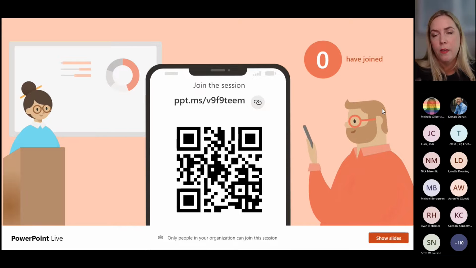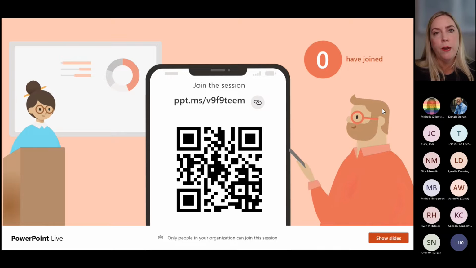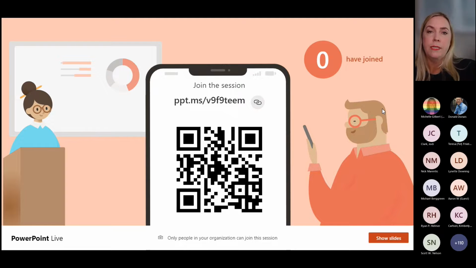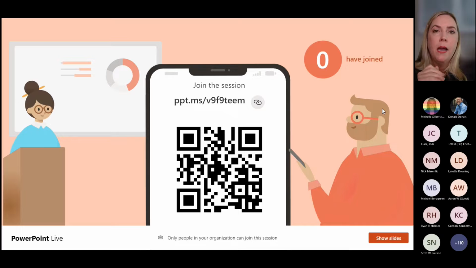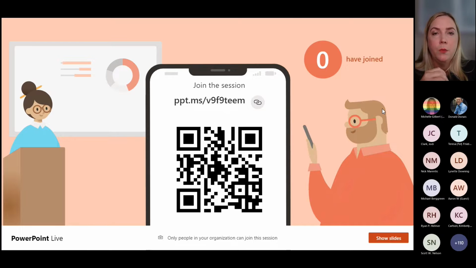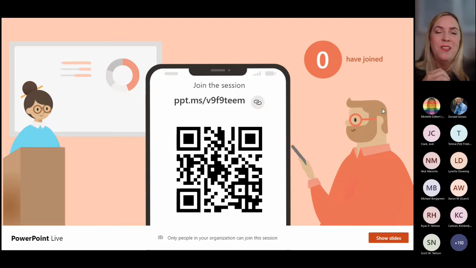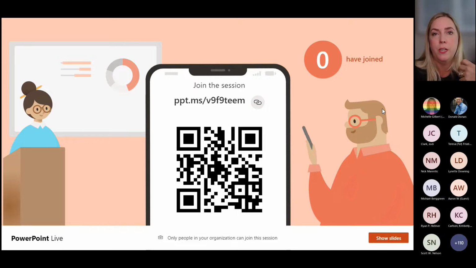So if you want to try it out with me, you can take a picture of the QR code. Or if you want to open a new tab in your web browser, you can type in the web address that's at the top. The 0 that you see in the upper right corner is telling me how many people have joined this presentation with me. So if we have one or two that do join, you'll be able to hear me through your web browser. If we weren't in this meeting, this would be a different way for me to share this and for you to follow along with it.